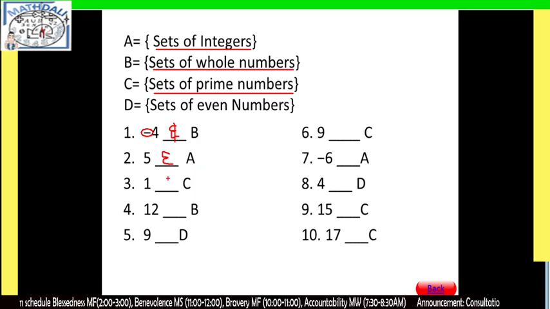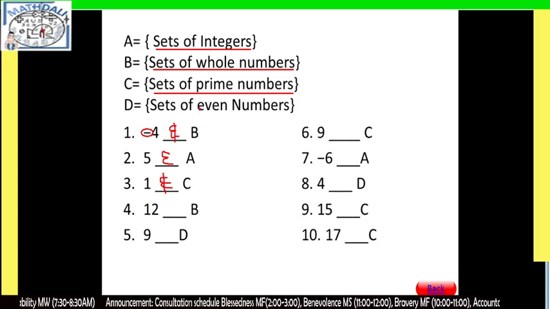Definitely 1 is not an element since 1 is not a prime number, nor is it a composite number. For your information, 1 is not a prime number, 1 is not a composite number because 1 is a special number.